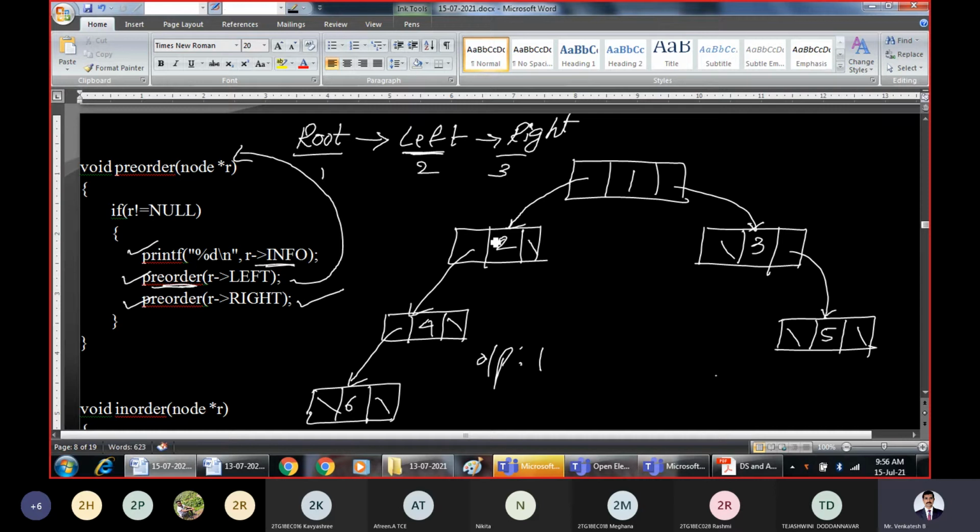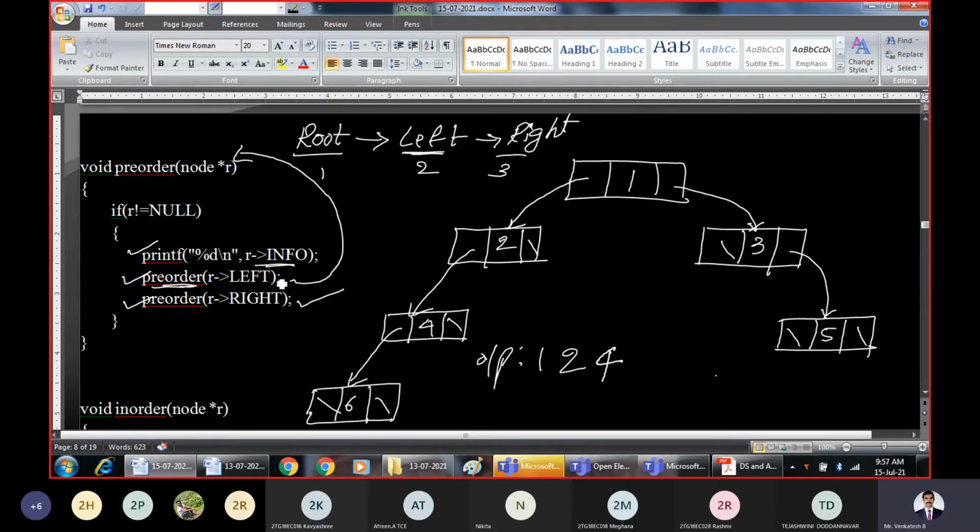After printing root, we will come down towards left. Whenever you are present at some node, apply the same recursive procedure. What is that? Root, left and right. That means first you have to process root, then you have to come to the left. After left, then you have to go to the right, for 2 which is not there. First root, then come down left. Again, whenever you are present at this node, apply the same rule: root, left and right. So first you should print the root value, that is 4. After printing any given node, what is the next step? After root, left and right. So after root, come to the left. Whenever you are present at this node, again apply the same recursive rule.